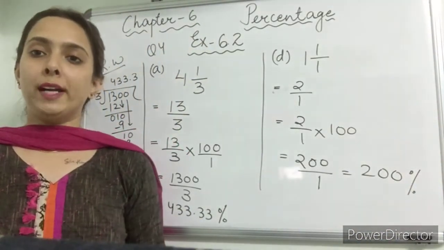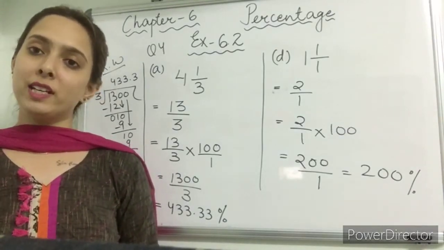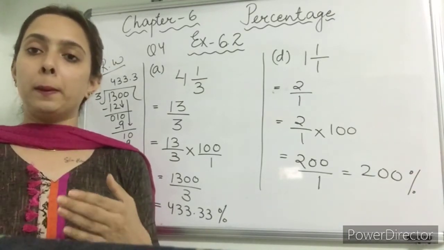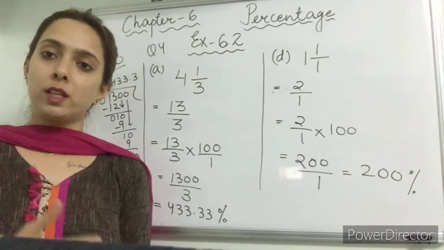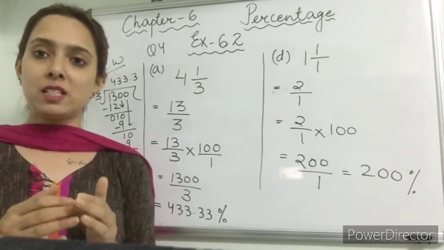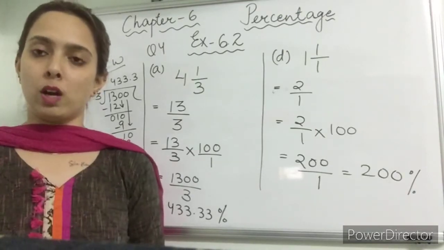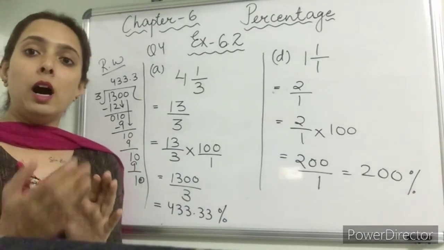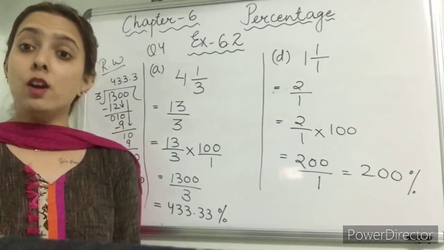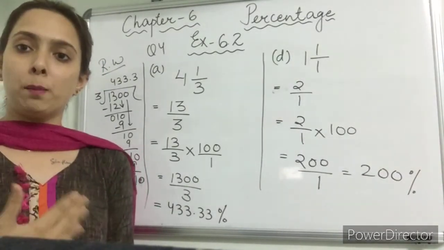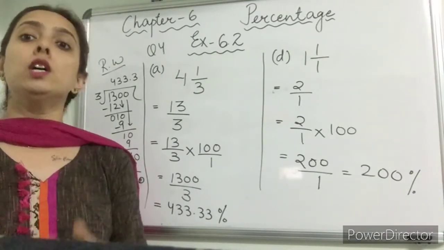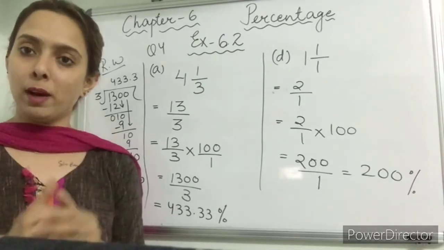So whenever you are asked to find out the percentage, you will always multiply by 100. And when you are asked to convert a percentage into a fraction or decimal, so you will always divide by 100. जब डेसिमल लगाना होगा तो 100 से मल्टीप्लाई होगा, जब डेसिमल हटाना होगा तो 100 से डिवाइड होगा. I hope I have made it clear. Whenever you are asked to write the number in percentage, so you will always multiply by 100. When you are asked to remove the sign of percentage, that time you will divide by 100.